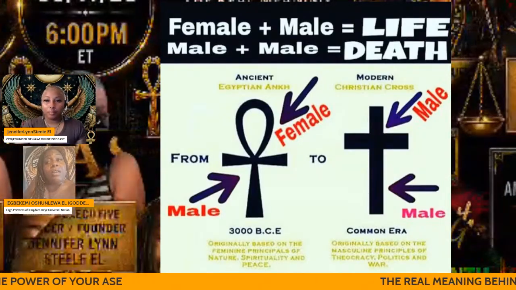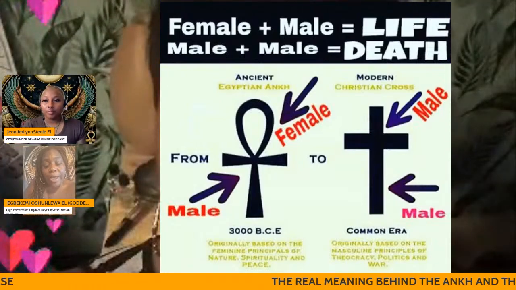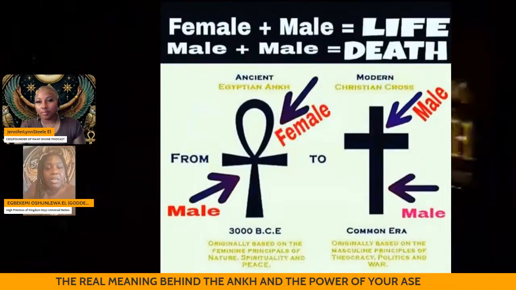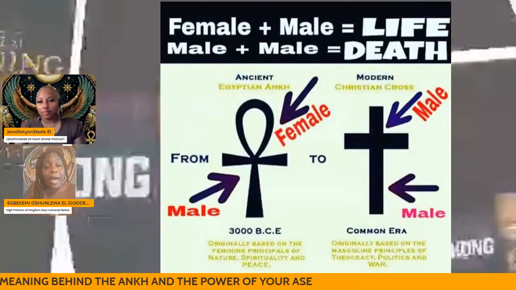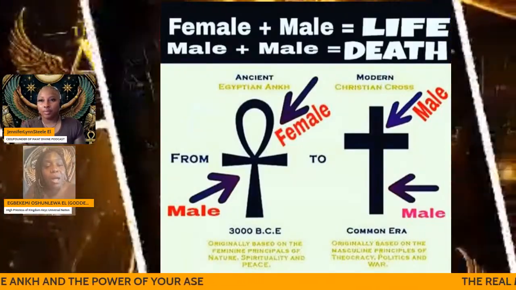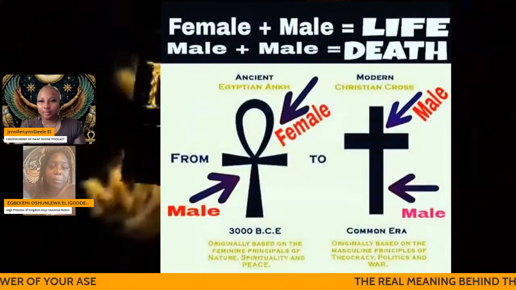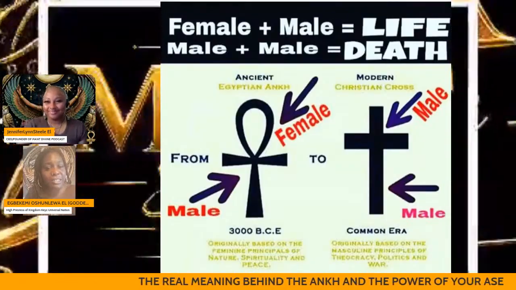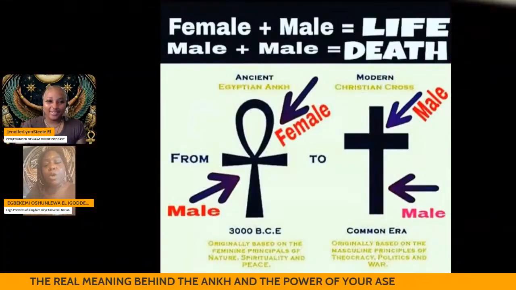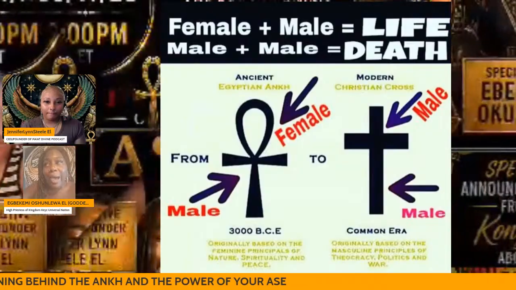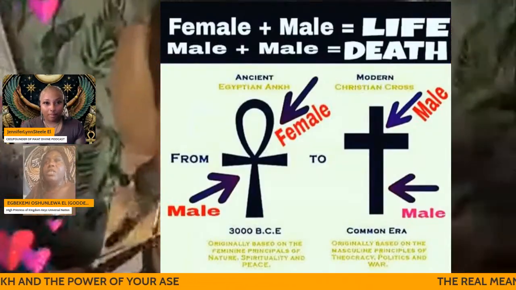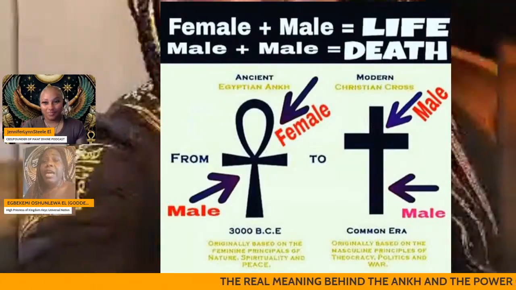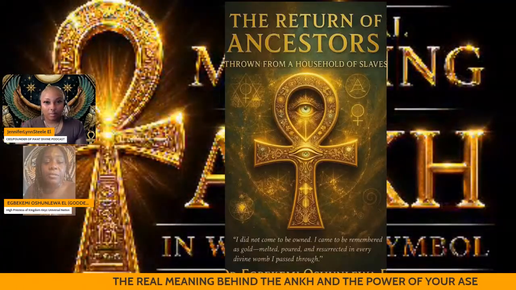Every single one of us has been programmed to some degree that we have become out of balance, because now we don't know how to utilize our ancient tools. This was our fathers' and mothers' science. You know what I'm saying? Bits and pieces were still pushed down through generations, because all of us got something from an auntie, an uncle, a daddy. Once again, going back to my book, The Return of the Ancestral Throne, from a household full of slaves. What does that mean?